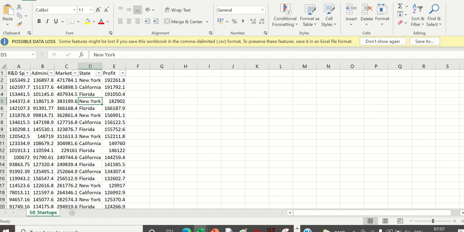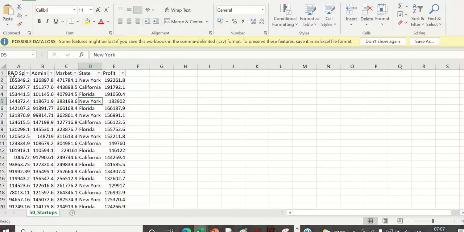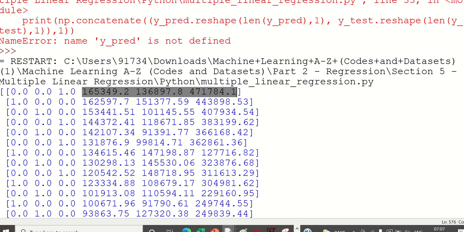California also, so it has created three variables for us, and the remaining things are the same, whatever we had. This is that remaining part. It has added the new columns in the first columns. That's it, there is no other difference. So now instead of the four variables x1, x2, x3, x4, we have six variables. That is how we have got the data. It is very simple and straightforward.